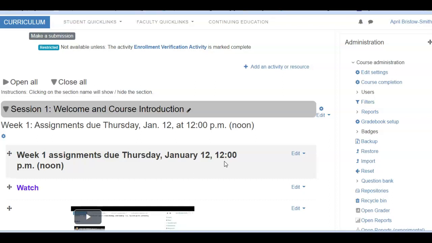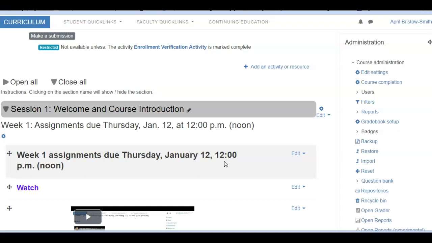Instead of when people have midnight deadlines, then a lot of times they get emergency emails at 11:30 at night, and I'm not checking my email at 11:30 at night. So when your deadline is at 12 noon, I'm fully available to help you if something terrible happens at 11 a.m. So knowing that this is your deadline, I'm going to be asking you, when you turn in your work